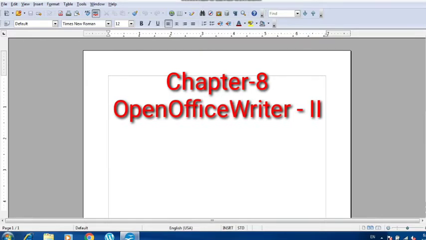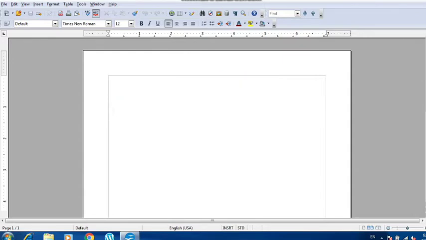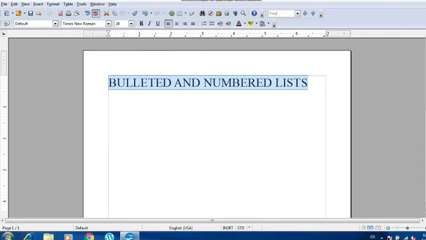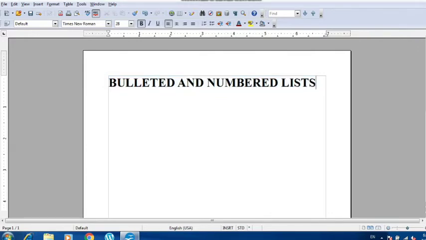Today I'll show you how you can create a bulleted and numbered list. So I am writing here, bulleted and numbered list in Writer. So what is a bulleted and numbered list, students? Bulleted and numbered lists are lists in which you write some items which are represented in bullets or numbers. So for writing any particular text or paragraph in bullet or numbered form, we have to switch on the bullet from the formatting toolbar.